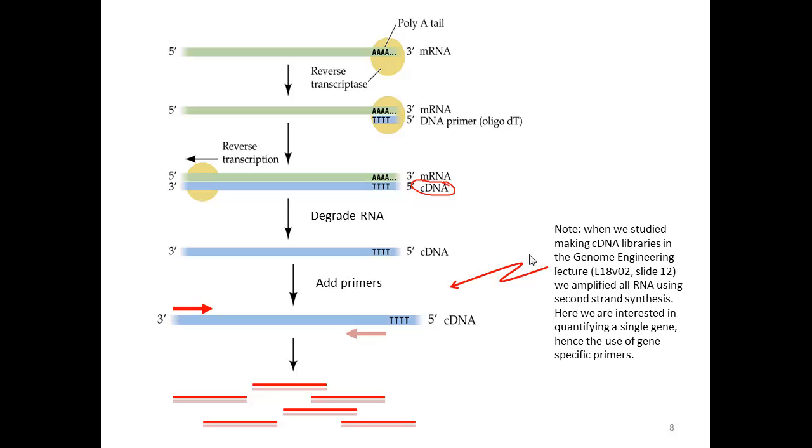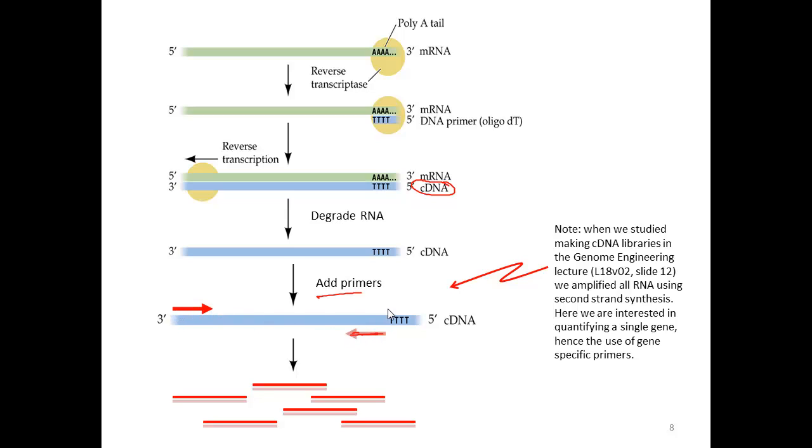One point I want to make here: when we were talking about making cDNA libraries, we used an oligo-dT primer to make the first strand, and we used various tricks of either it looping around or RNase degradation to do second strand synthesis. And there we would have double-stranded copies of all genes present in the cell. Here we've added gene-specific primers so that we make the DNA molecule, and this primer is not amplifying at the oligo-dT region. It is a specific, unique sequence to this gene,